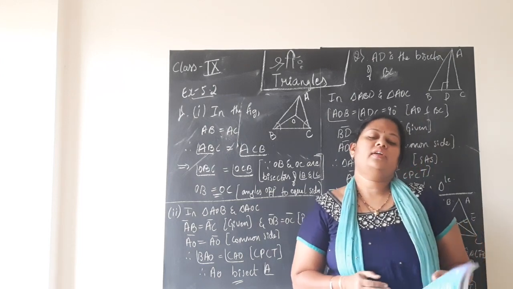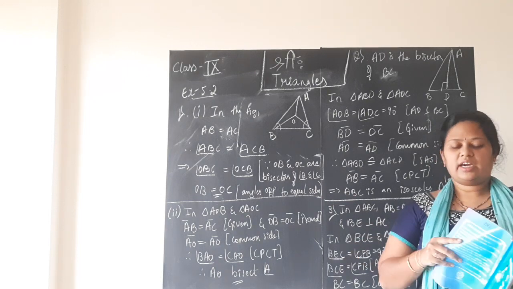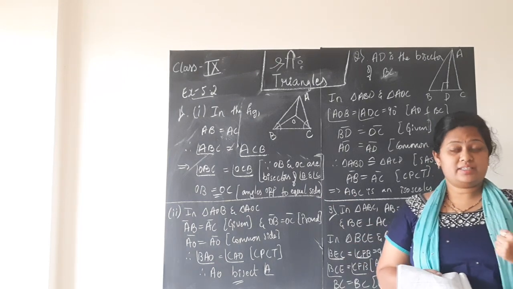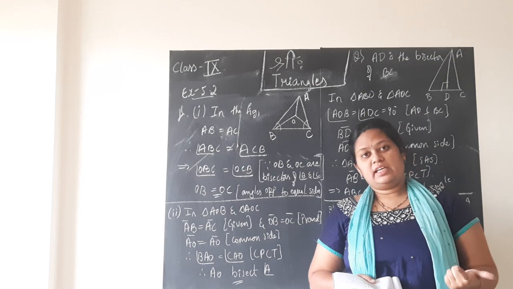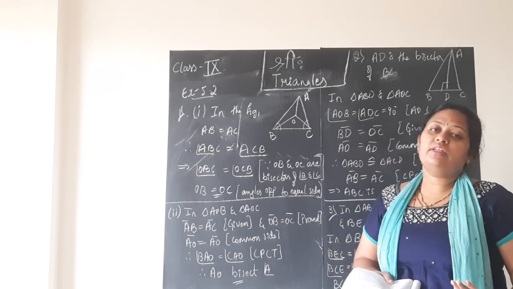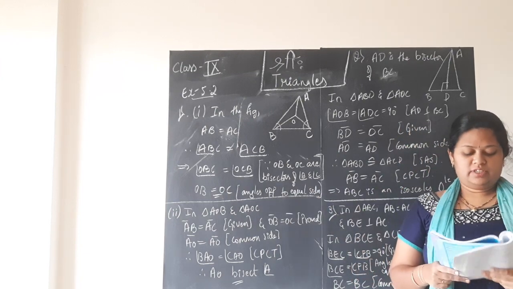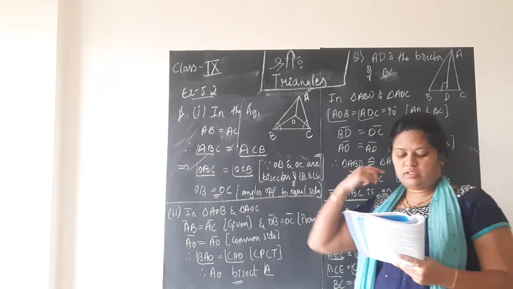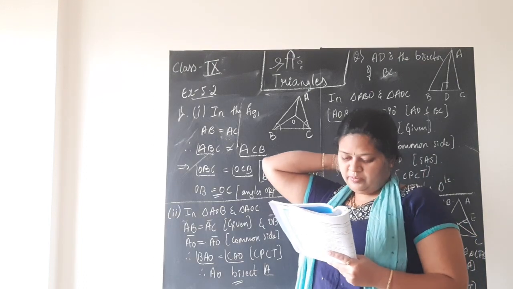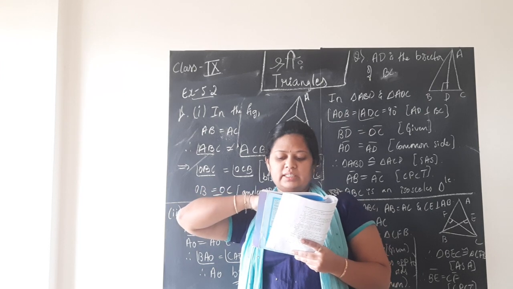So next we shall start with exercise 5.2, children. Very easy problems these are again, but you will have to know what is an isosceles triangle, SAS congruency, ASA congruency, and all the three theorems you should know in order to solve this exercise. That's all. First question says, in an isosceles triangle ABC with AB equal to AC and the bisectors of angle